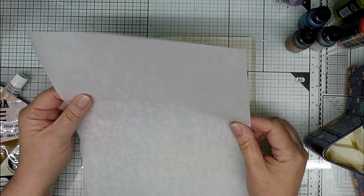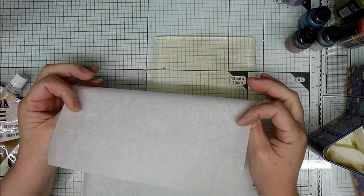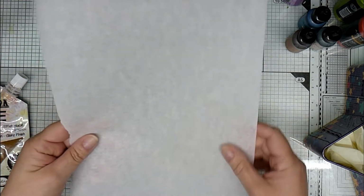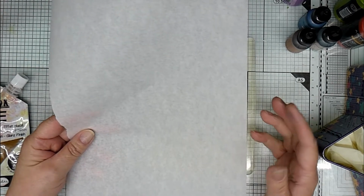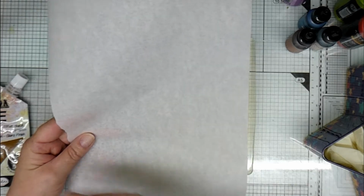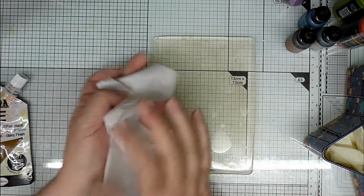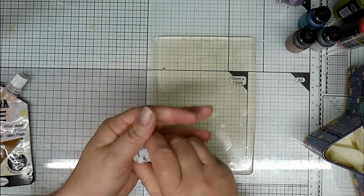But it's like deli paper. It's got a smooth side and it isn't shiny, but more of a shiny side and a rough side, or a matte side. And basically you just scrunch it into a ball. I've done 2 of these. I've done 1 sheet, cut them in half, and I'm going to just scrunch 2 bits up like that, because I'm going to